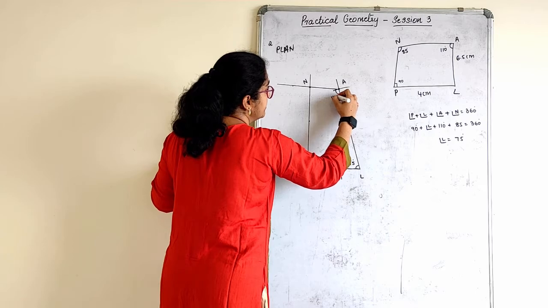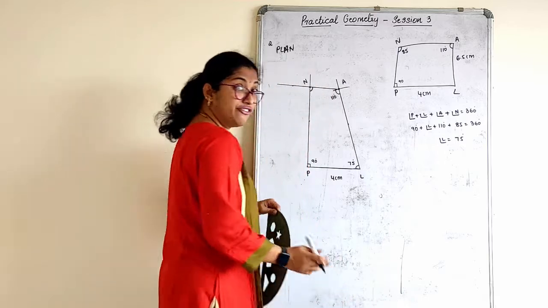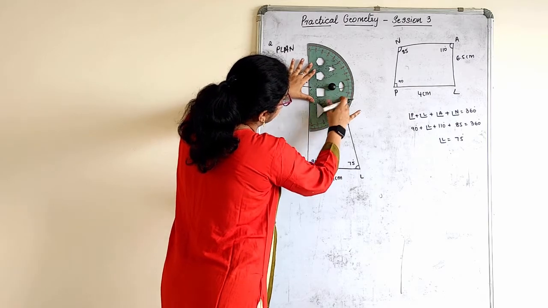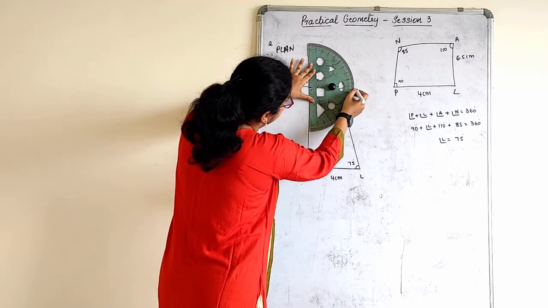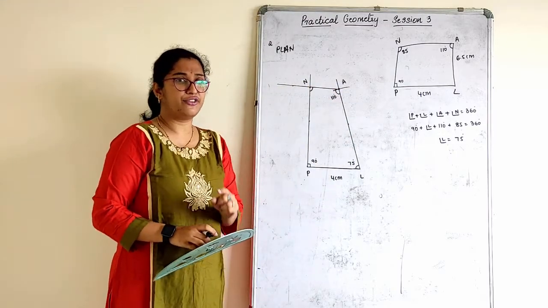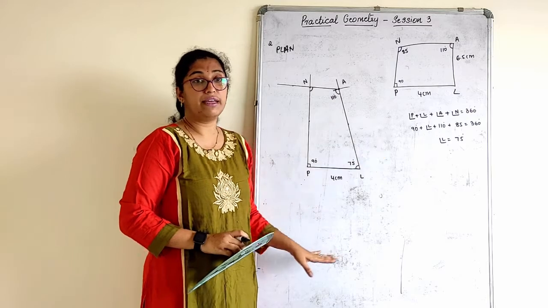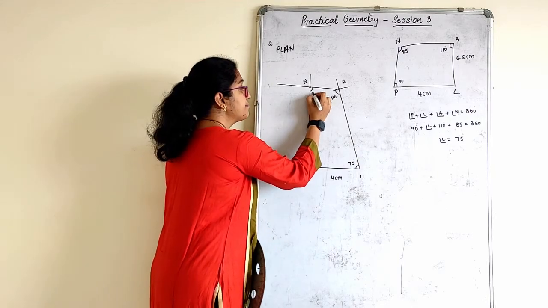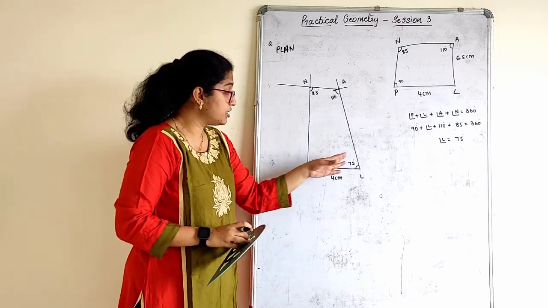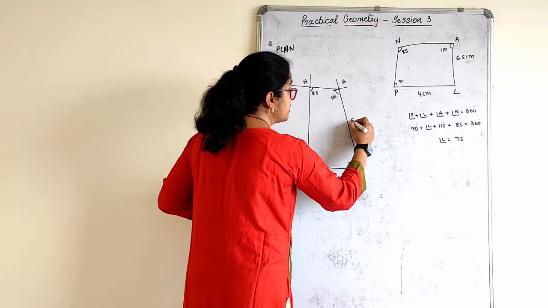This is 110 degree. But this angle was already given to us as 85, right? Let us check whether it is 85 or no. My protractor here coinciding with this point, 85 is always less than 90. 85 will come here. Yes, it is at 85 degree. You have to accurately get 85, not 80, 75 or something like that. If you are not getting 85, you have gone wrong somewhere in your construction. Write 85. Even if you get 80 degree, it is wrong. You have gone wrong in construction, in any of the angle part, in choosing measurement or anything. This is how you have to construct it.